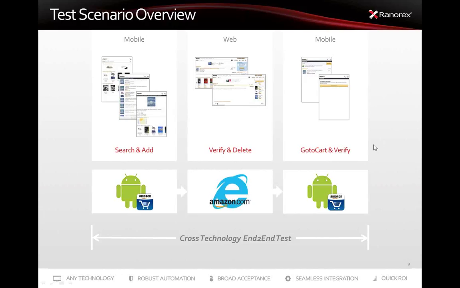I will open that one user on the Amazon website on my client computer. On the Internet Explorer over there, I will open the cart and I will see if the book I added to the cart on the mobile device is really in the cart also on the web application on my client